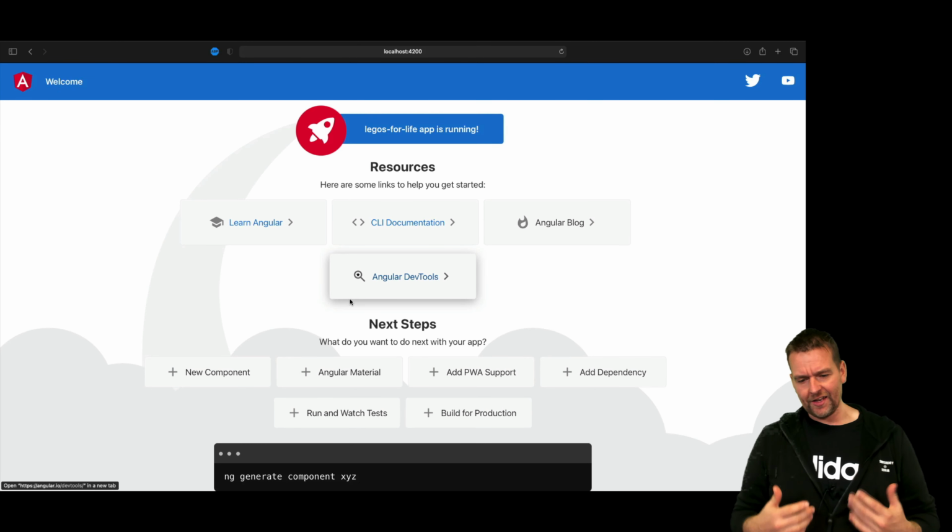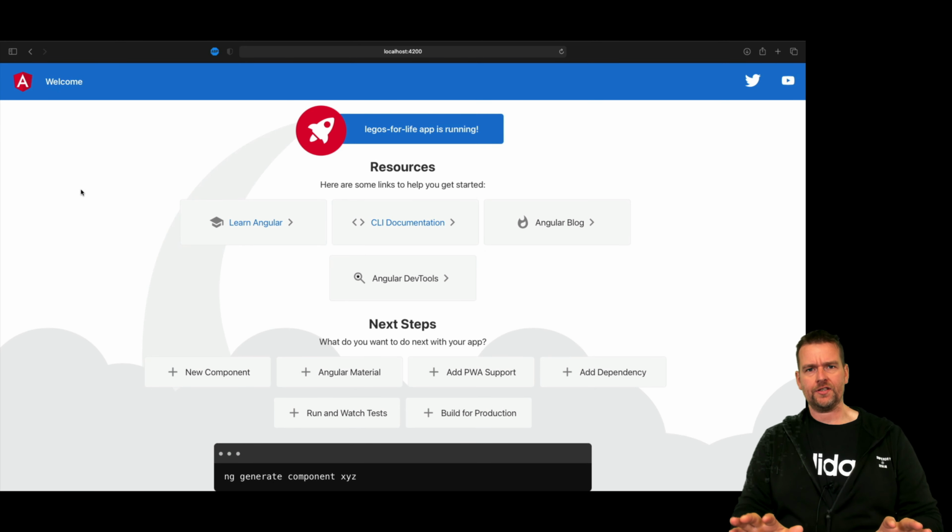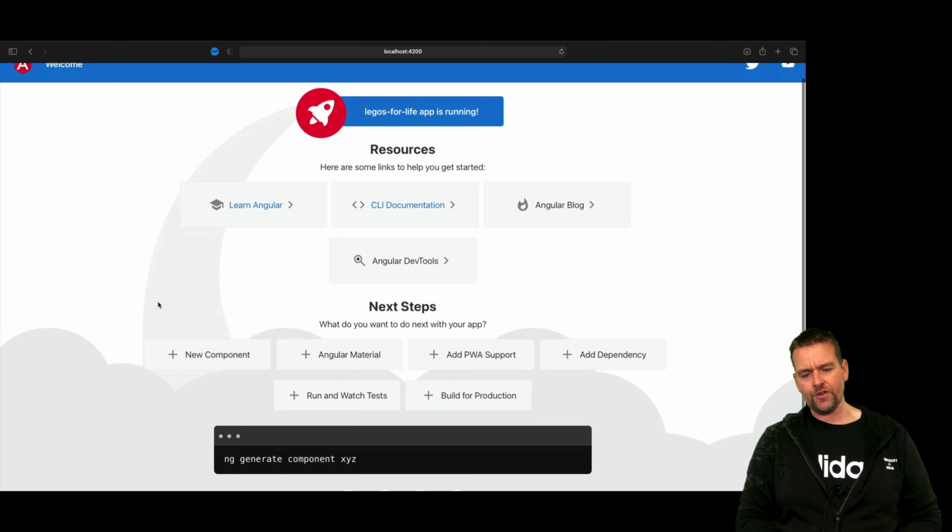Welcome back. So now we have a running Angular app. Let's start actually using it. Now we're going to clean all of this out. But before we do it, I just want to show you that out of the box, they're actually giving you